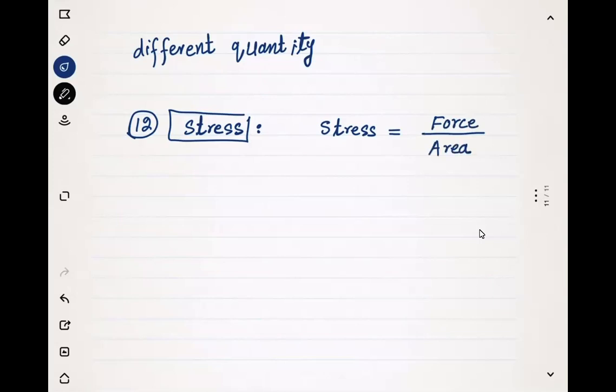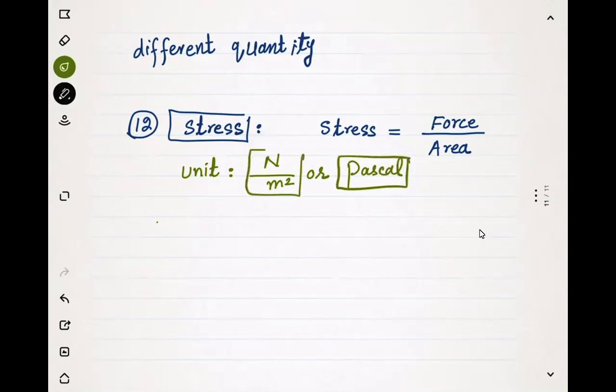So from here you can see that the unit of stress will be Newton per meter square, that is also called Pascal. The unit of stress is Newton per meter square, or you can call it Pascal. If you want the base unit of stress, then it is,